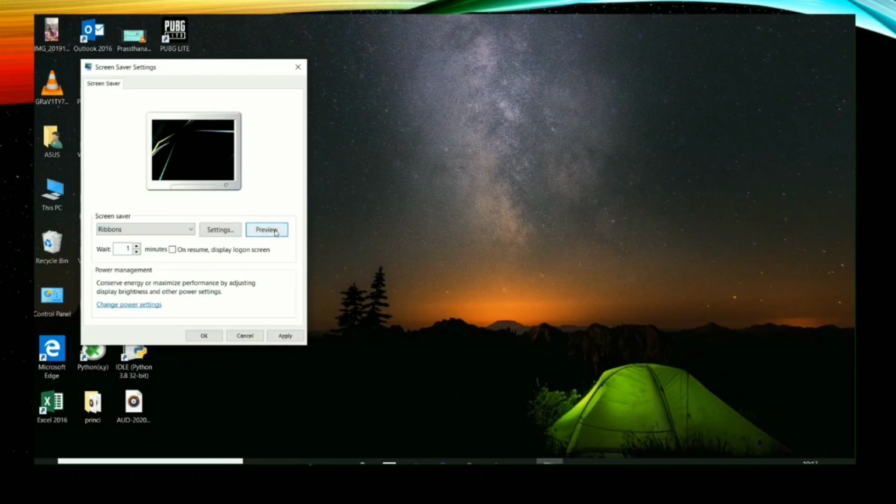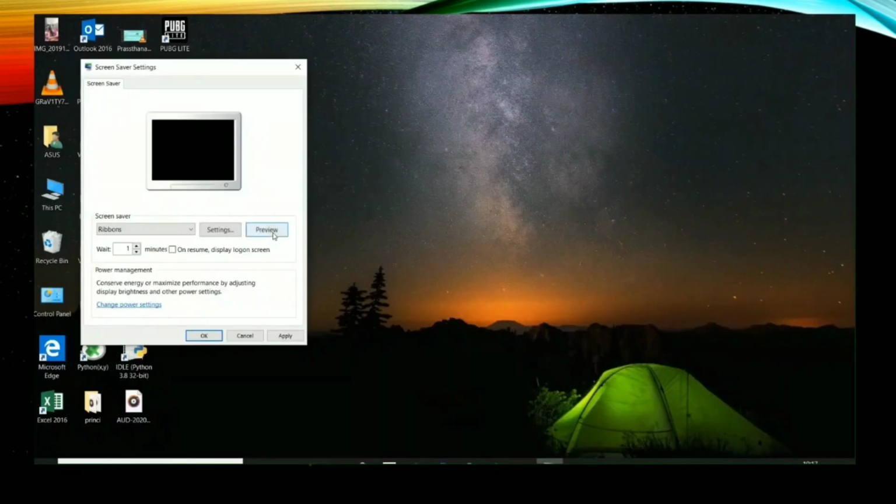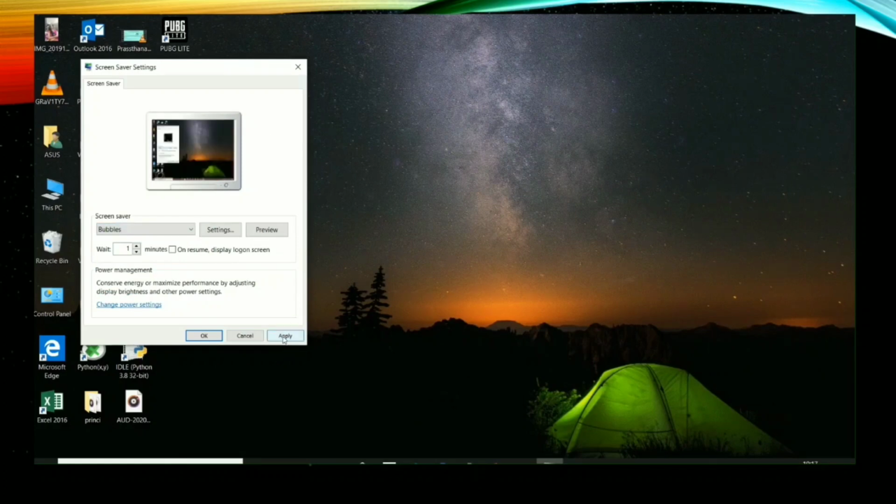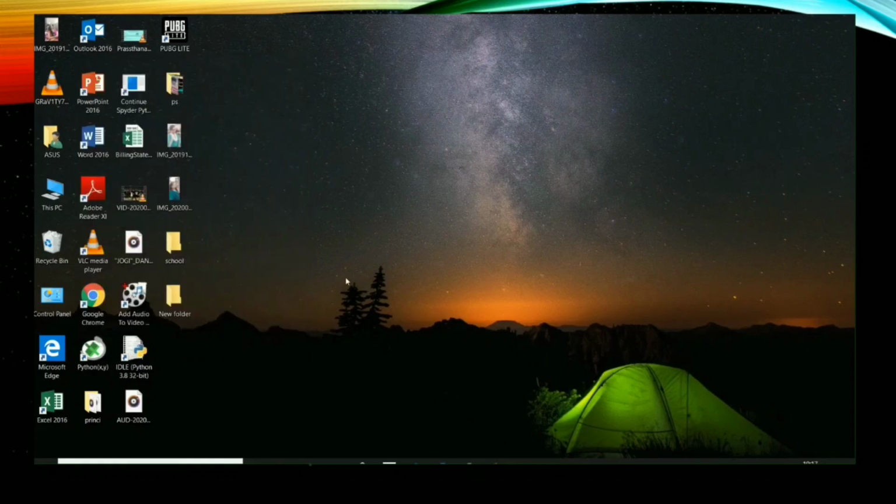The last one is Ribbons. When I click on the ribbon pattern, a ribbon-like images pattern shows. This screensaver is also so pretty. Is it? Okay, this is called a screensaver and this is the process to set the screensaver. If you click on the Apply button, then the screensaver is applied, and after clicking on the OK button, the screensaver is saved. I think now you have understood how to set the screensaver on your computer screen.